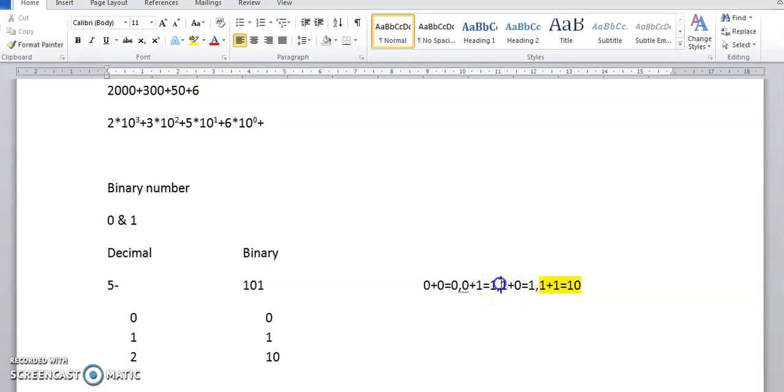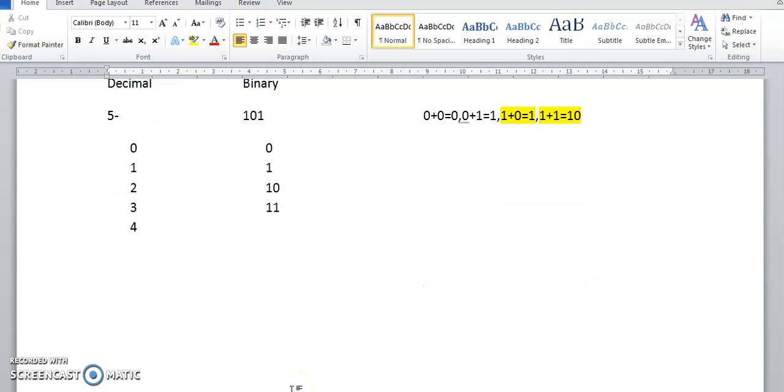and 0 plus 1 is 1. If you remember this formula, it will be easy to learn this. Now 2 plus 1 is 3. Now I will write 1 as it is, and 10 plus 1: 1 plus 0, the value is 1. We will write 3's binary value as 1, 1. It's not eleven, it's one-one. I hope you have understood it very well.